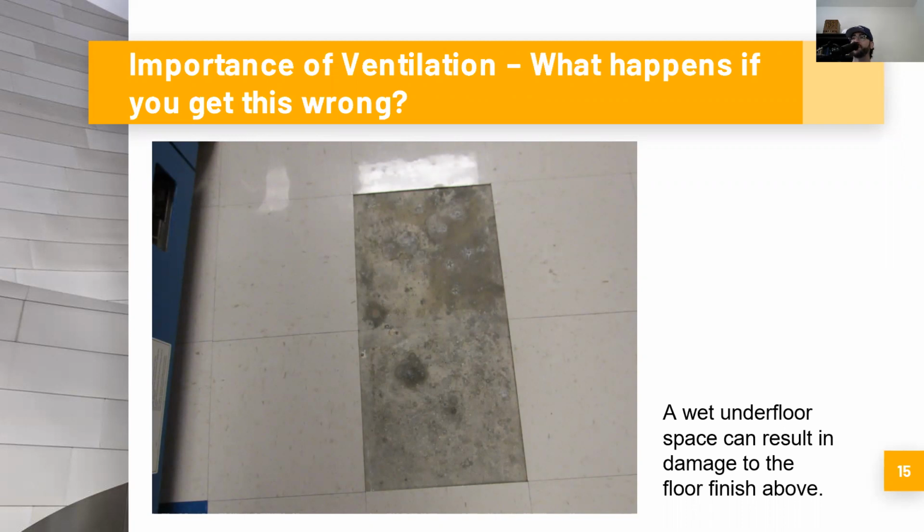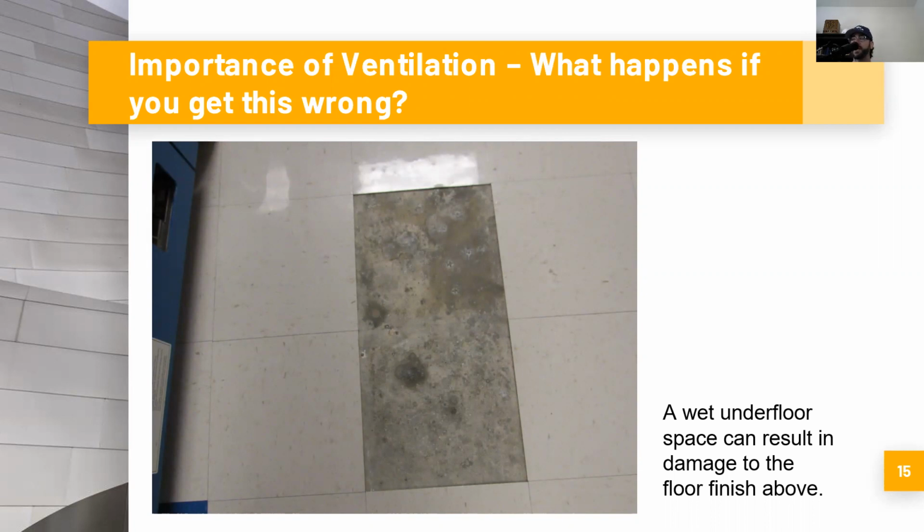Because you have a temperature delta, you're cooling the interior. You've got air conditioning running above the floor, and so you have a colder space above, and you have a warm, humid space below. That difference is going to encourage vapor drive and moisture drive up through the floor system,